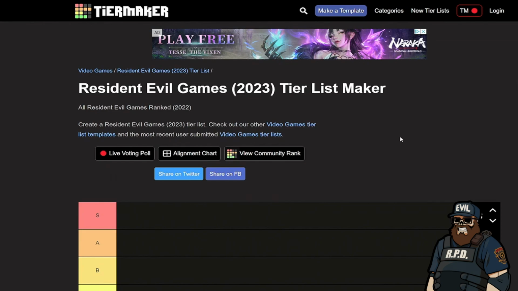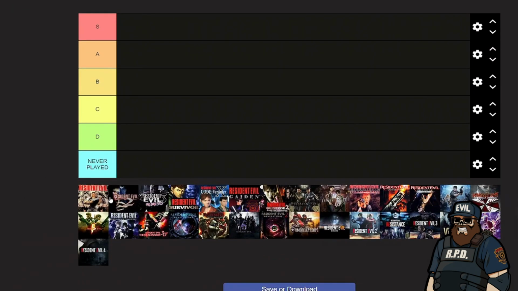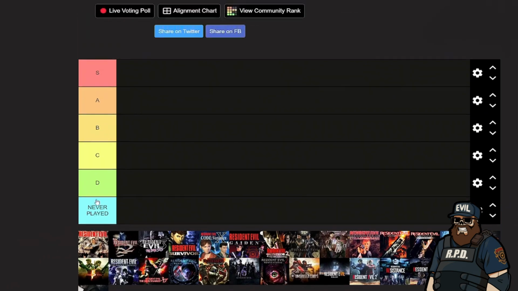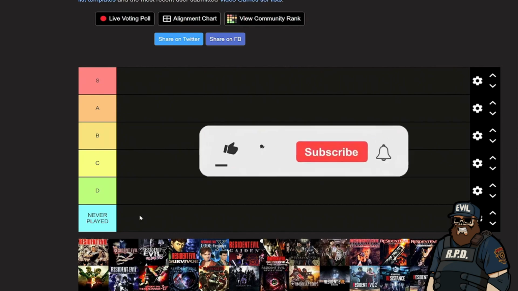Havoc here, and I figured I'd do something a little bit different from the playthroughs that I currently do on the YouTube channel. I figure I'd do one of those tier maker videos where I personally rank all the Resident Evil games from either S, A, B, C, D, or if I've never played it, it's going to be here. And there's a few that I've never played, but I've been wanting to do a video like this for